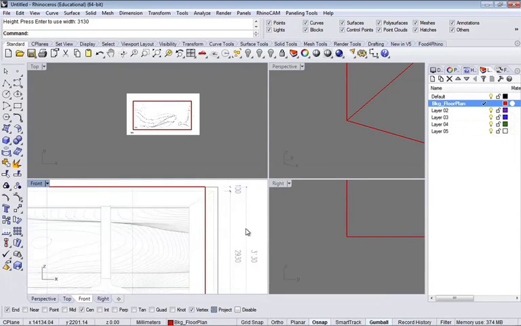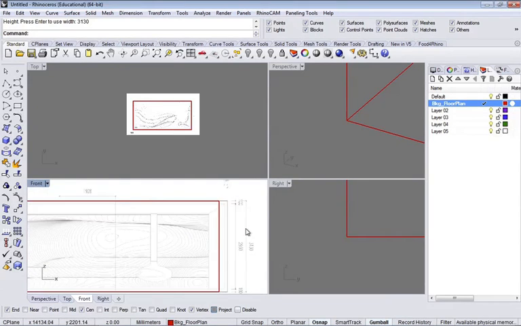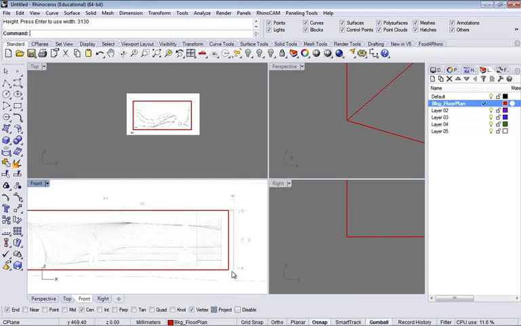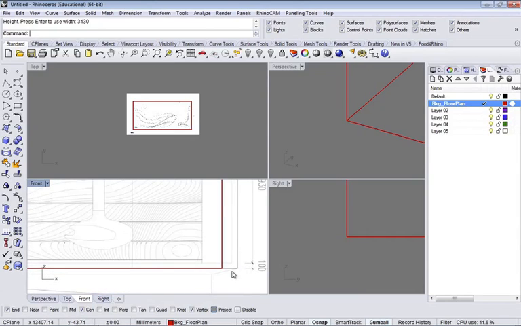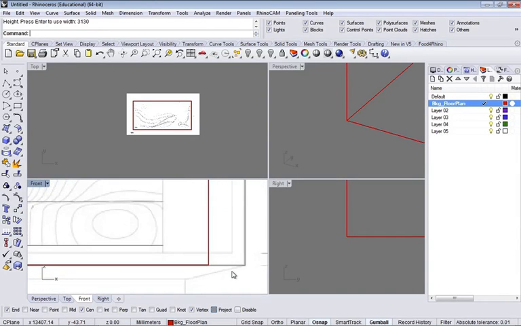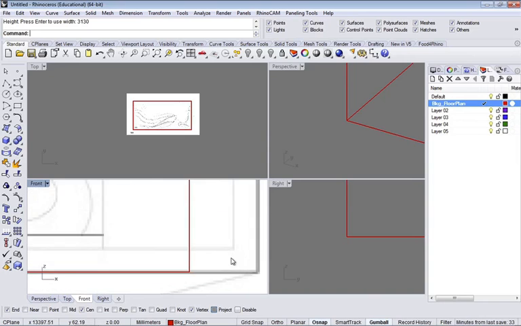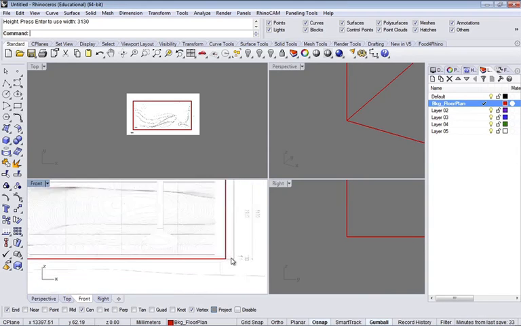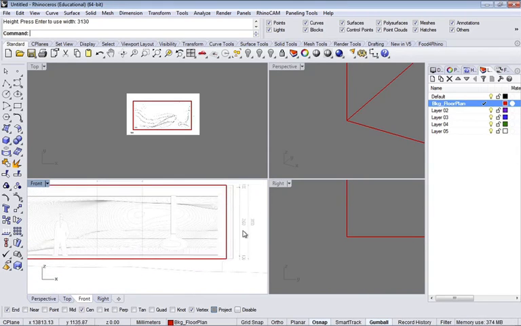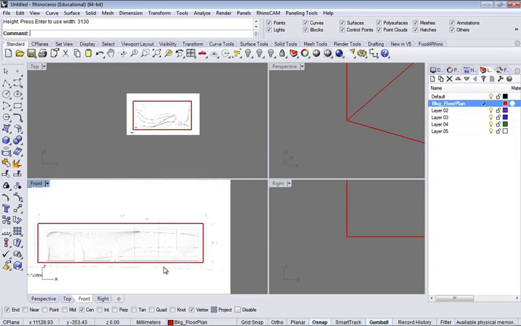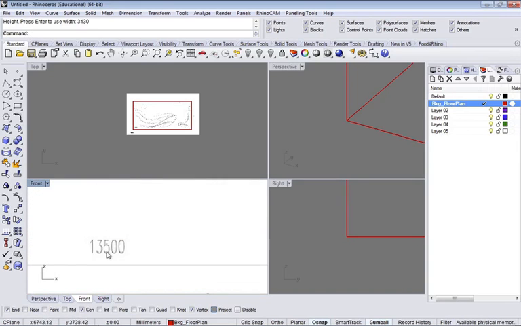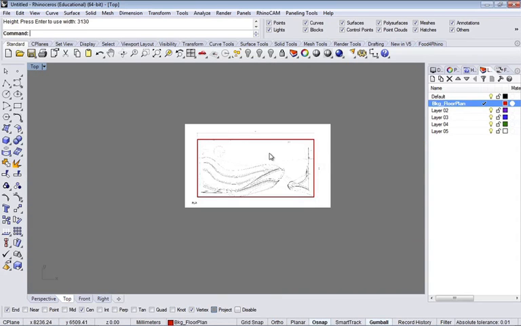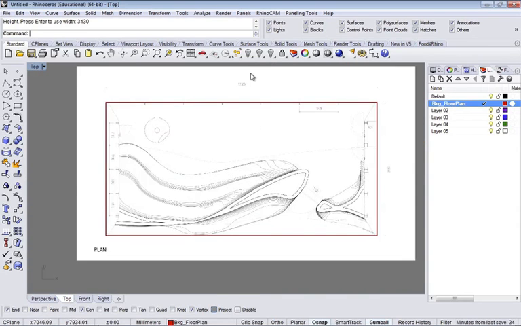So now, if we're looking at this, we zoom in and make sure. And this is why we do this, because now we see that there's a little bit of a scaling issue between the two of them, right? 13.5. 13.5. Okay,